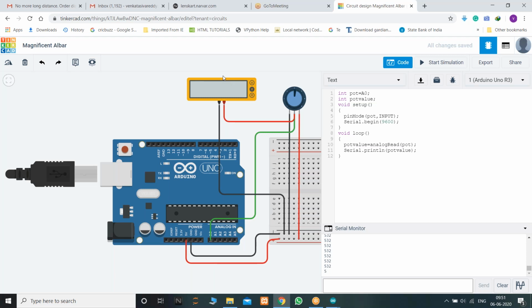So the analog out pins, or PWM pins, we have 3, 5, 6, 9, 10, and 11. All the pins which contain this tilde symbol are the PWM pins. So total 6 analog output pins are 6 digital PWM pins. Am I clear?